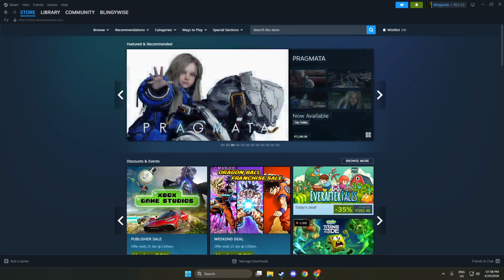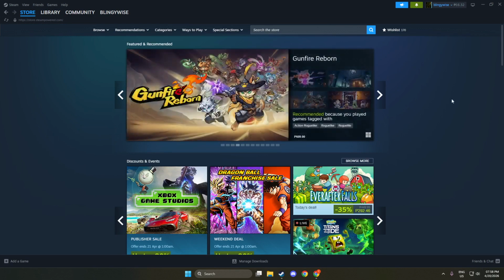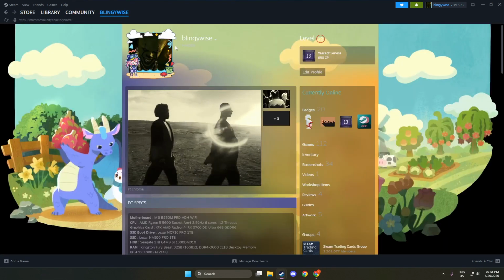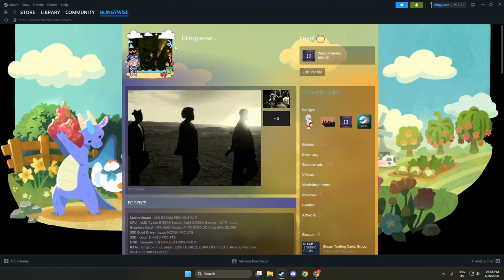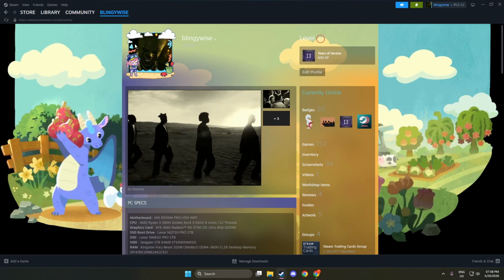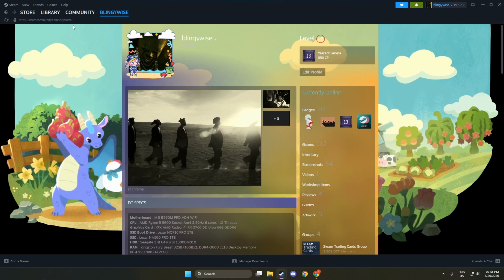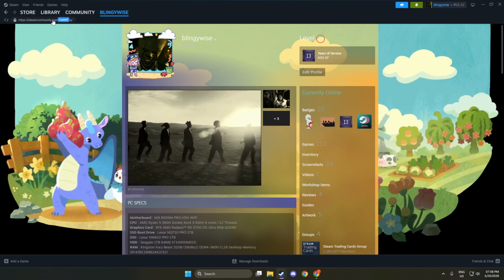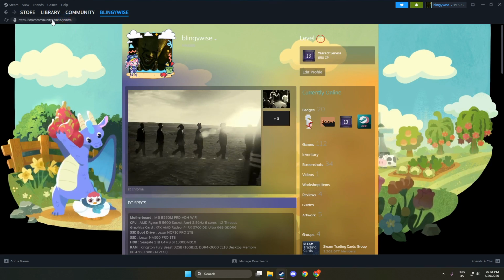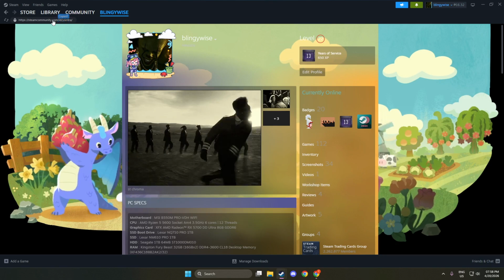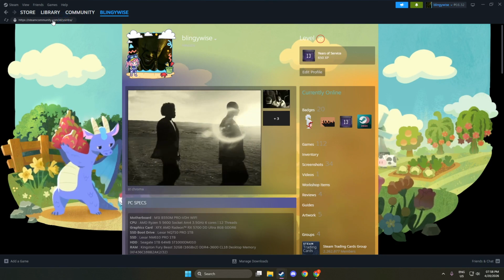First, you'll need your Steam profile URL or your Steam ID 64. The fastest way to get this is to open your Steam profile in a web browser and copy the address from the URL bar. If you're using the Steam client and don't see a URL at the top, turn on the web address bar in the settings, then return to your profile and copy the link. If you prefer using your Steam ID 64, you can find it on your profile page as the long numeric identifier. Either option works the same for the calculator.